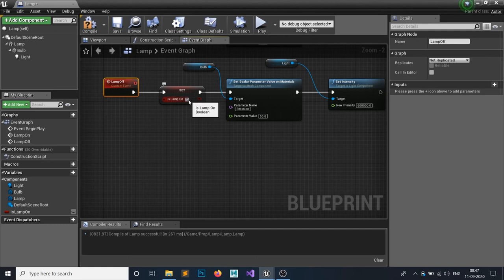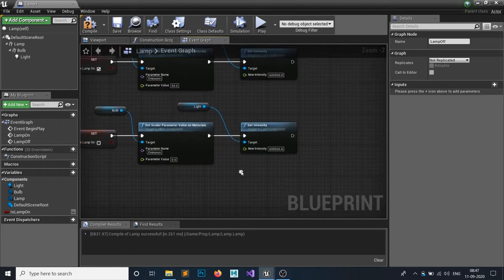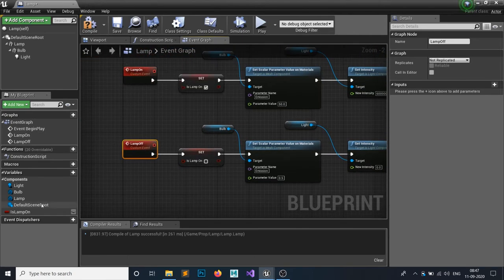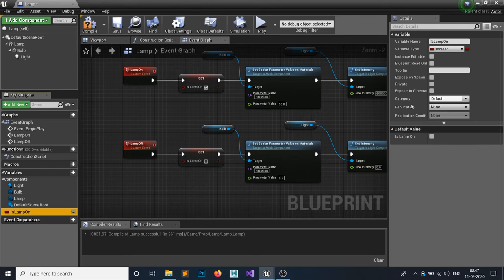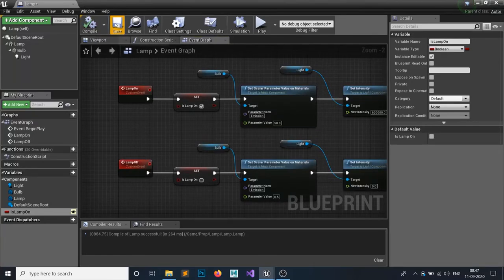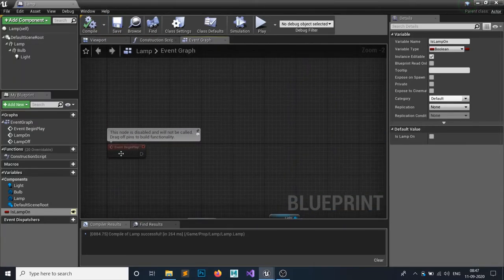And when our lamp is off, we're gonna set this lamp on to false, parameter value to, let's say, 0.5, because we want to turn this off, and the intensity to 0, obviously. So we have two functions, and let's make this is lamp on instance editable, so you're gonna edit it inside your editor. Hit compile and save, and on the begin play,